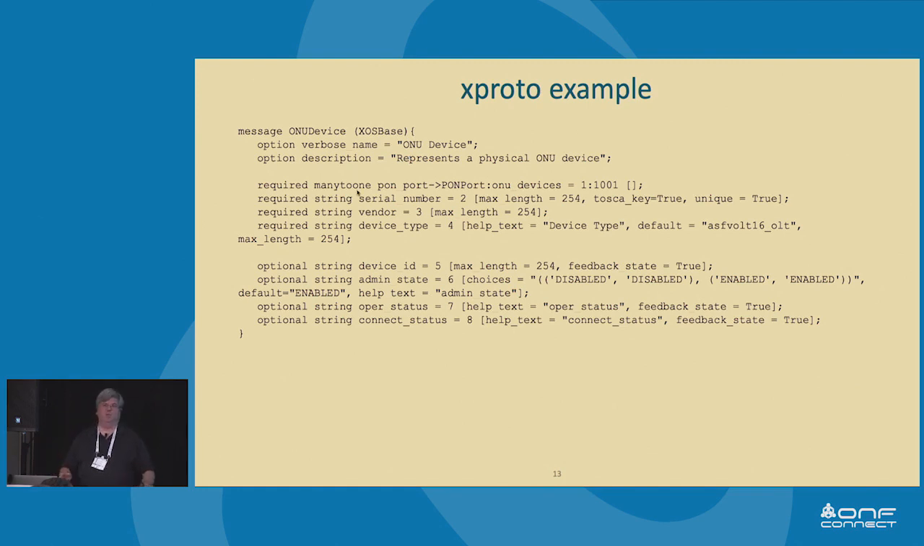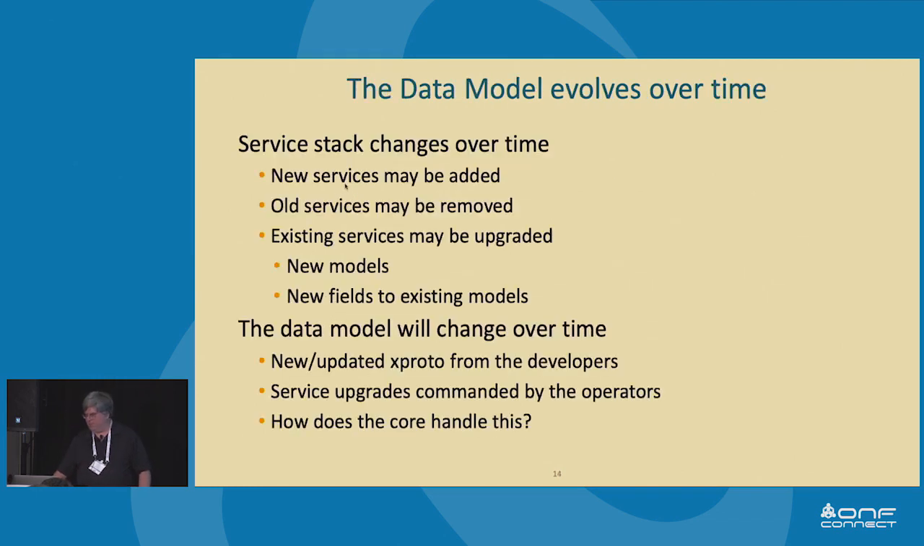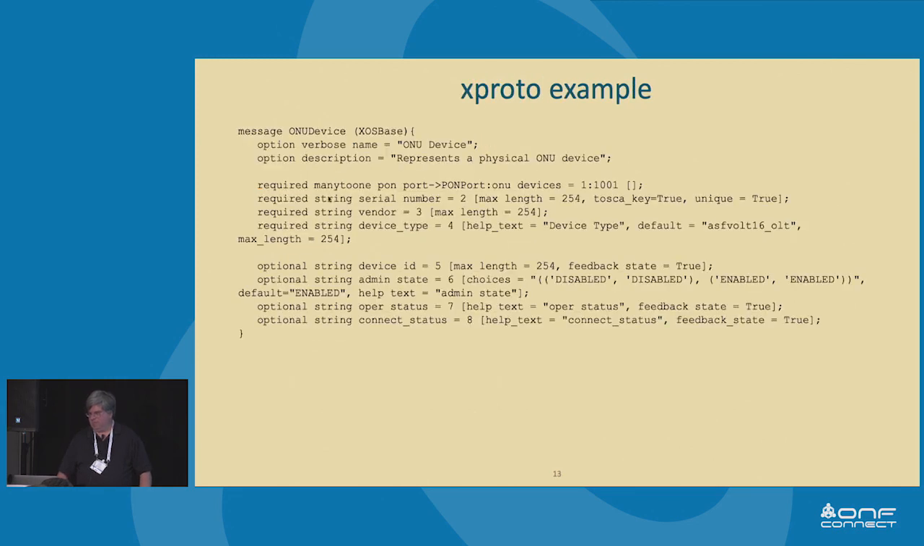If you're familiar with Protobuf, this should look very familiar, but you will see a lot of these extensions we've added. So for example here, we've added this many to one keyword. That says that this next field here is a relation. So this is a required relation. An ONU device must be attached to a PON port. And it does this through a field called